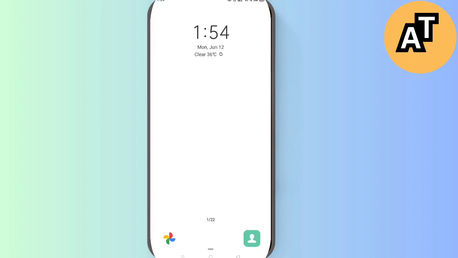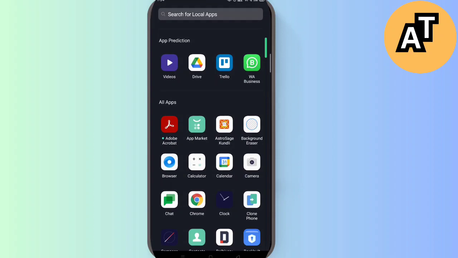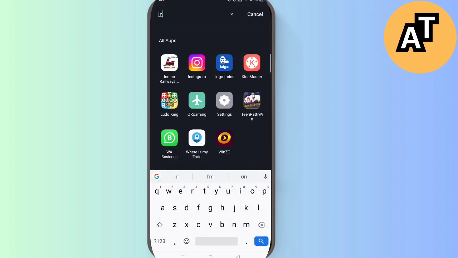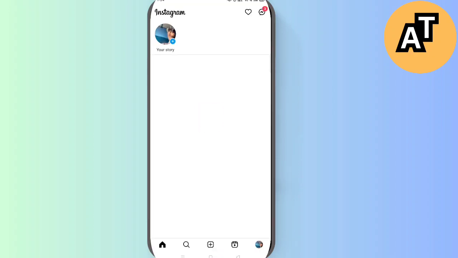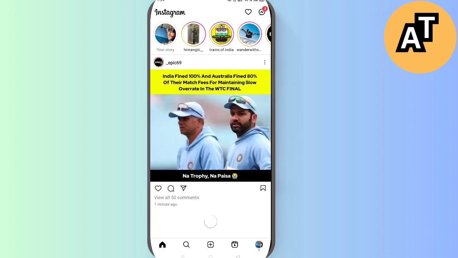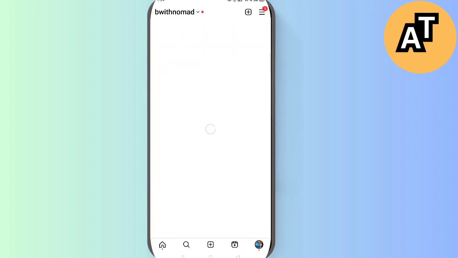In this video, I'm going to show you how you can delete your Instagram account permanently on your mobile phone. So for this, you just need to go on your Instagram, and this setting is quite easy and simple to do. So what you have to do, you have to go on the right bottom of the screen, called your profile option here,